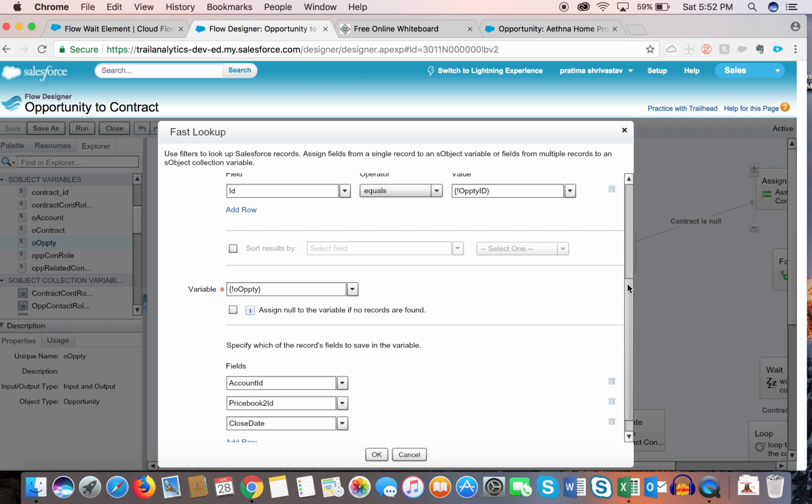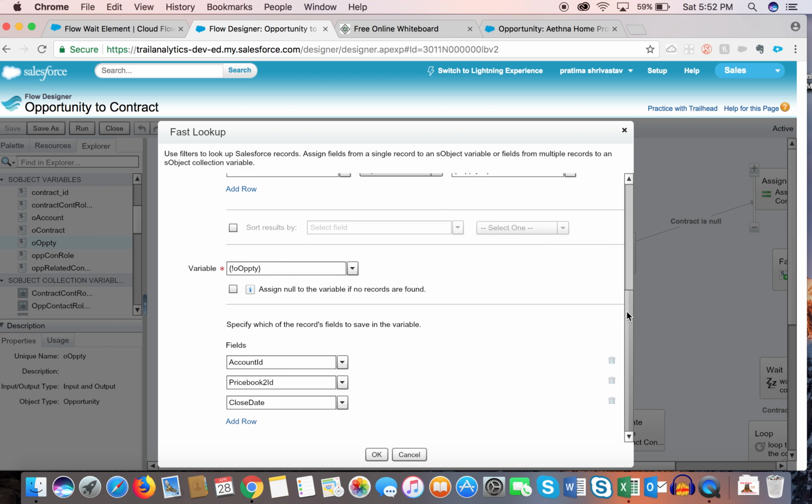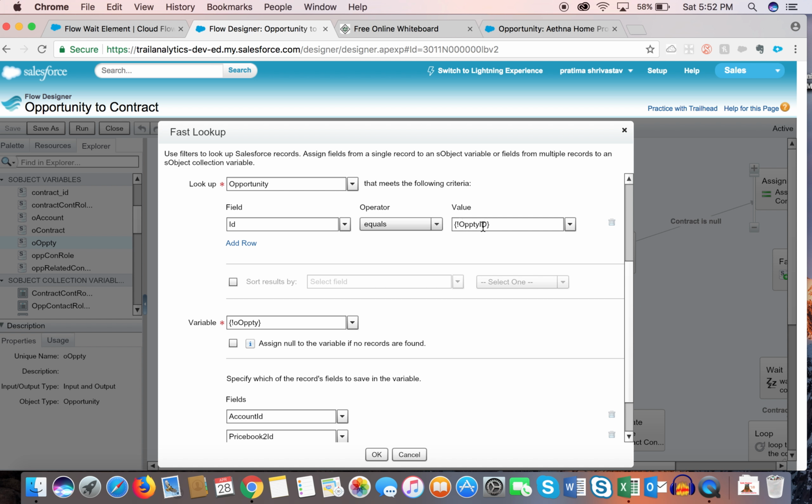So once we get that ID from opportunity, what do we want to do? We want to get the values of it. So once we get opt ID, it's a